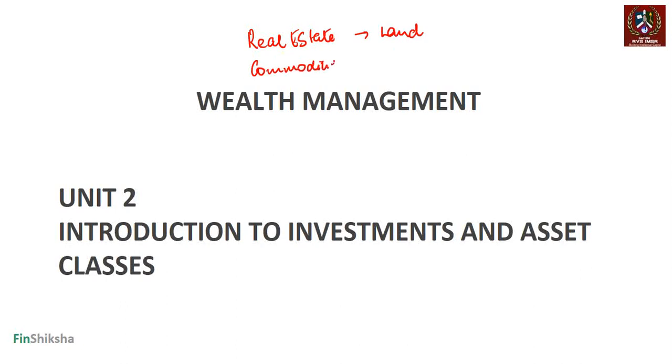We're going to talk about commodities. Primarily, the investment in commodities would be happening on account of gold or silver. These are the major two precious metals in which people invest. There could be other agri commodities as well, where people invest in order to make money there. And then we will also look at alternative investments which are available.